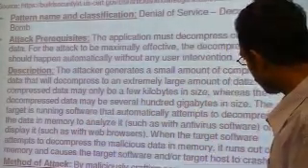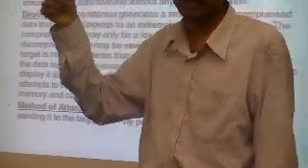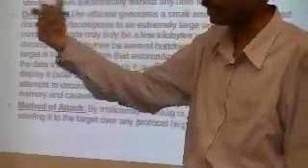So it could be done normally in a web browser or over the HTTP protocol, or even email. So if an email gets loaded and it has a compressed file as an attachment, and you want it to be automatically decompressed,